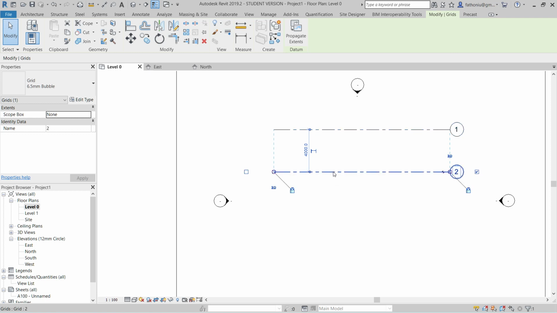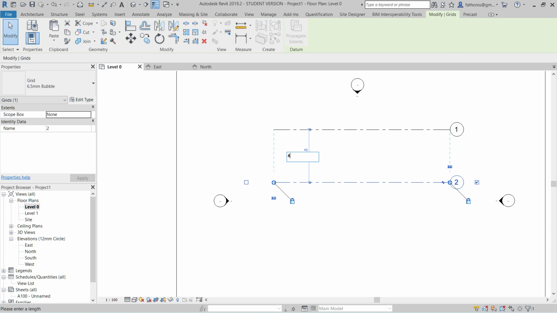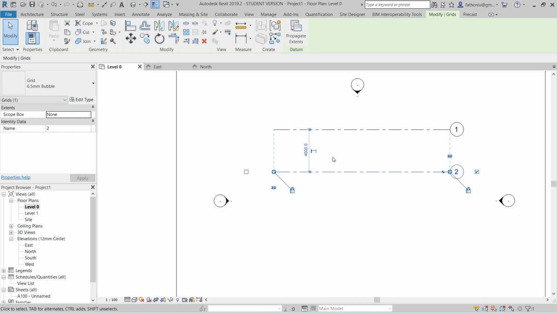When you click this second grid line, number 2, and you want to change the size to 5000, the one that will move is the grid line number 2, like that. Okay, let me change the spacing to 4000,